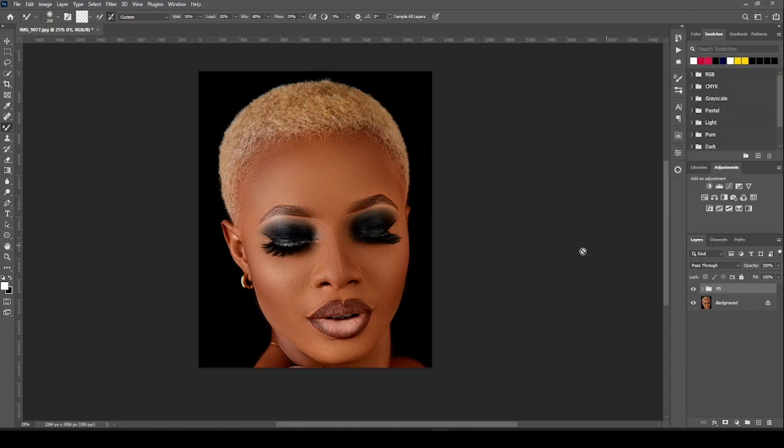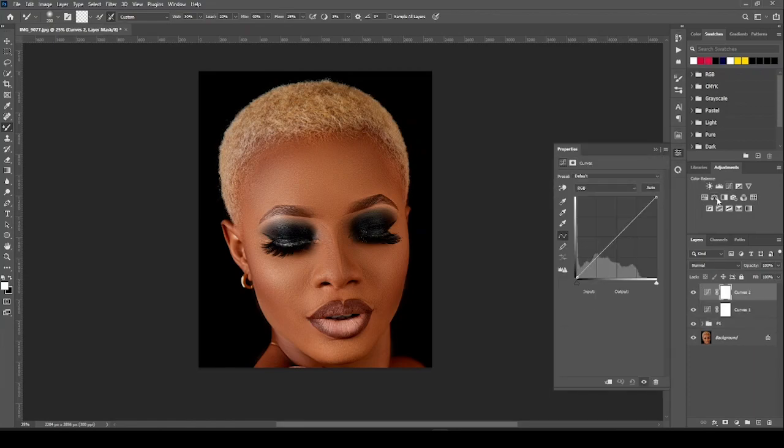So now we are going to do dodging and burning. So for our dodge and burn, we typically use curve adjustment right here. So we are going to click on it twice, right? So we are going to turn off the visibility of the top one again. So we are going to come to the down one. So what we are going to do with that is we are going to pull this up,